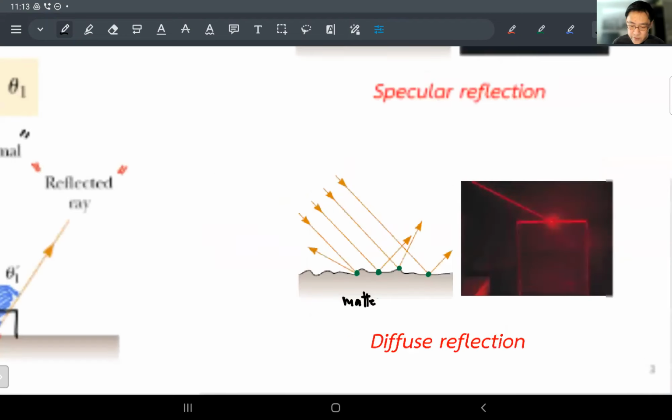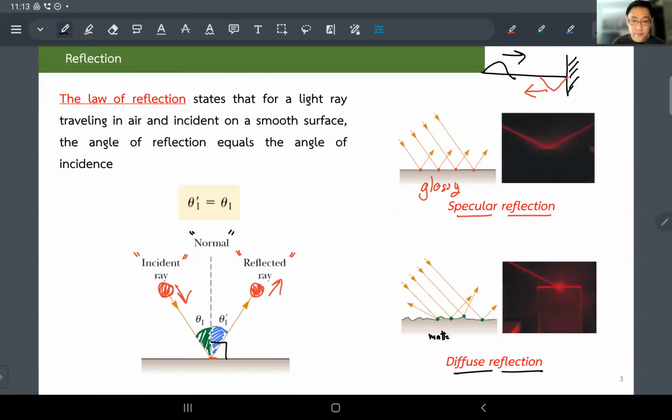So we call this a diffuse reflection. Is it cool? All right. So I think that's something that you can relate to. Okay. And every time that now you understand this law of reflection, even though it's so simple to use, but